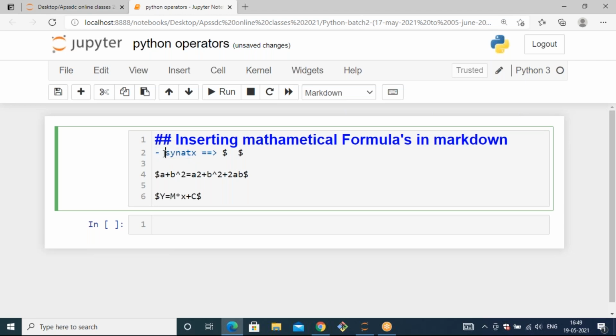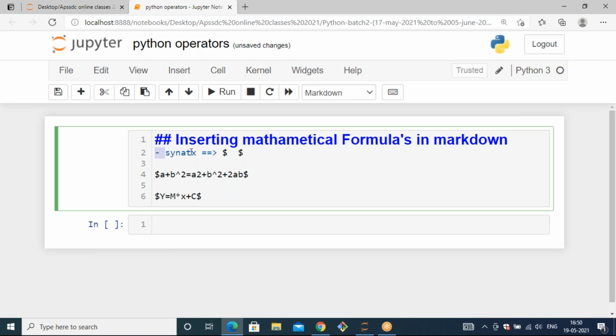After the hyphen, you need to pass a space, so that it will take it as an ordered list or some kind of text. So the syntax to define a description is a hyphen; in place of a hyphen you can use plus, star, or a dot also.